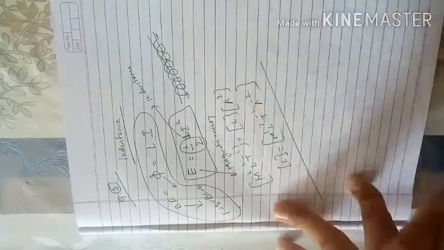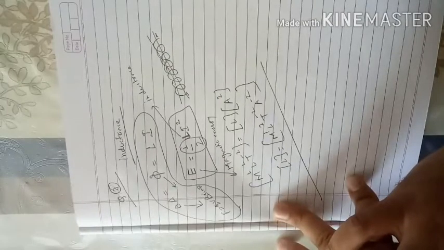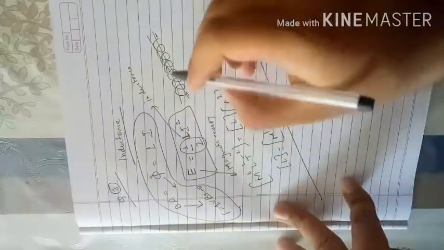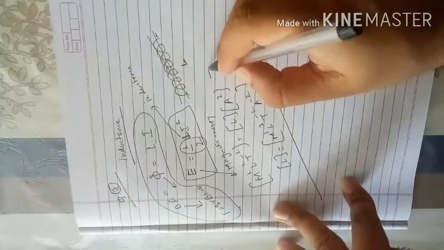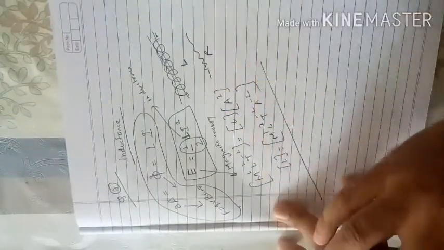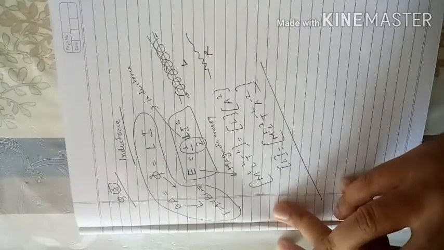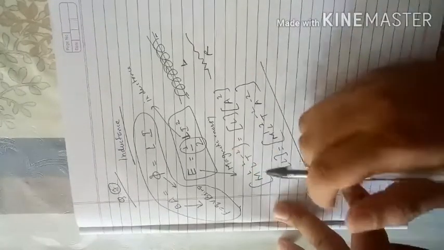We'll discuss that in 12th standard. That magnetic energy is equal to half L i square, and L is the inductance, the property of this inductor. Just like a resistor has resistance, similarly an inductor has inductance. So we have to find the dimensional formula of the inductance, and this is the formula we can use.